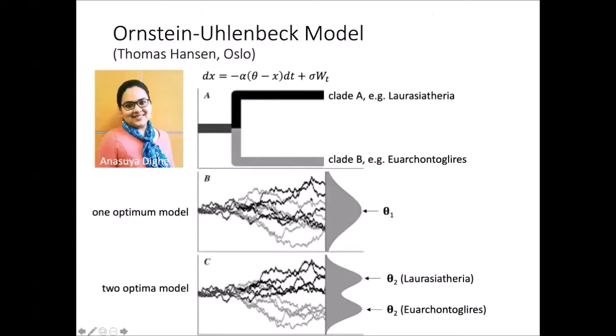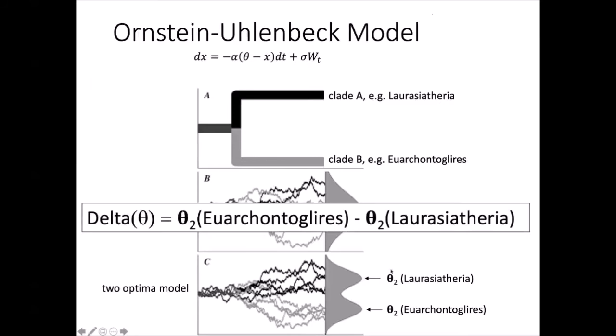So what you can do is estimate the parameters of a model that assumes that there's only one central tendency for gene expression, so evolution of gene expression changes, but it's always tending towards one optimum, one preferred expression level, or you can run a model with two optima, one for the Laurasiatheria and one for the Afrotheria, and we select then those genes where this model is much better than this model, and then calculate the difference in these optimal values.